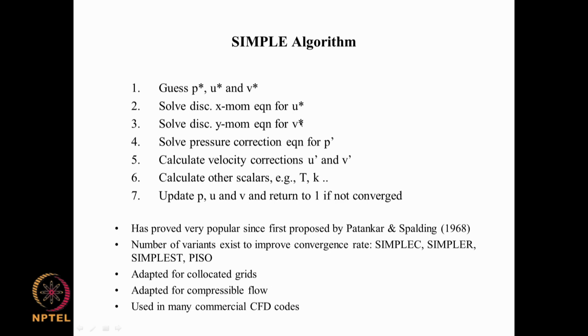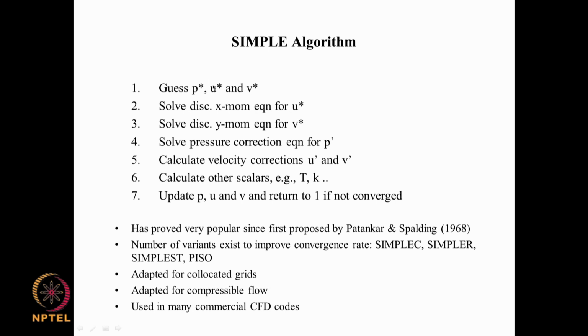but we need to understand how we go about doing this. And so, we start with some guessed pressure field and velocity field. Why do we need the velocity field? Because when you are solving the x momentum equation, we also need to know the previous value of u and v, and when you are starting out there is no previous value. So, we make some guess values for u star, v star and p star at all i, j, k, i plus half j, and i j plus half. So, wherever a particular variable is being evaluated, there we make a guess for these things.